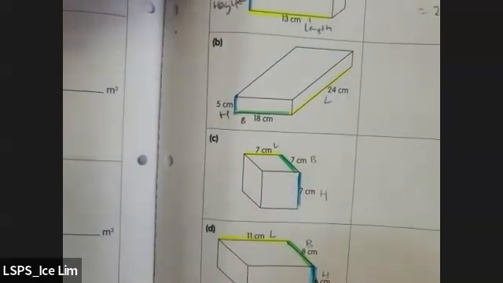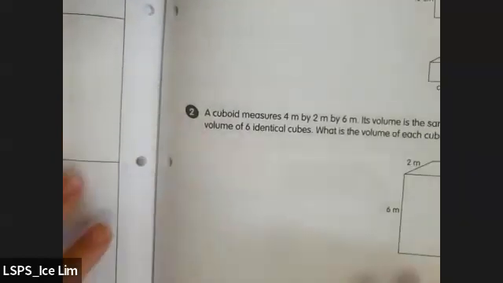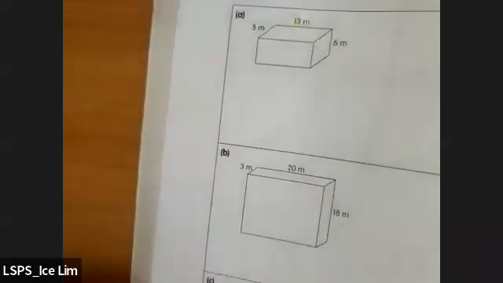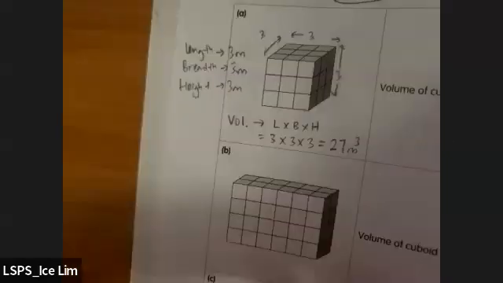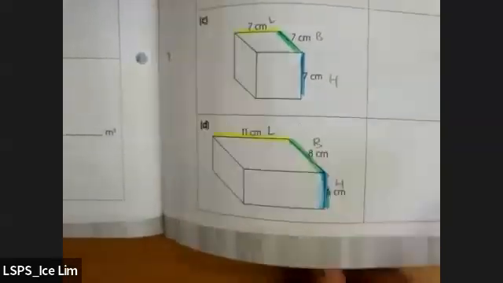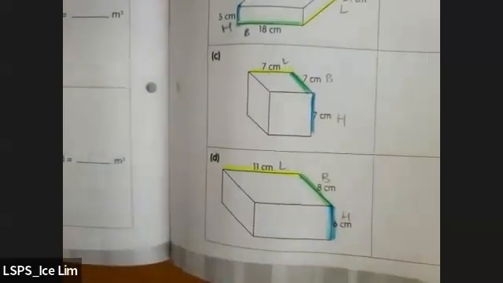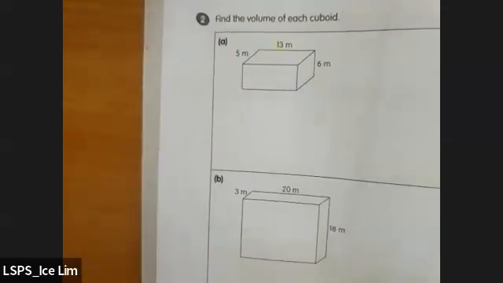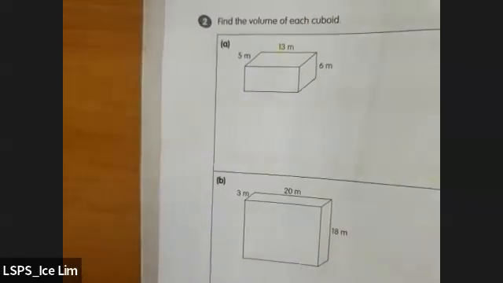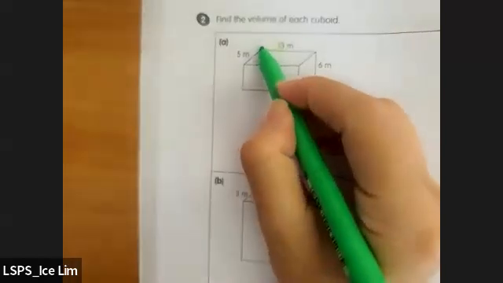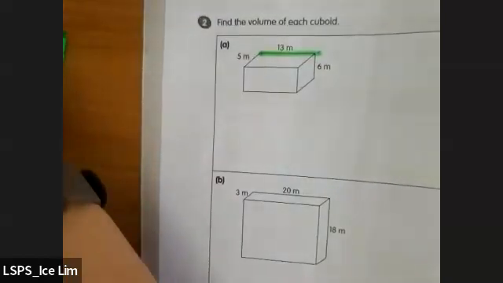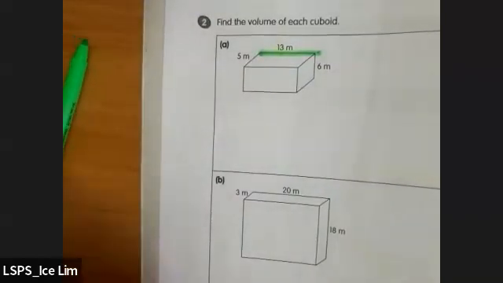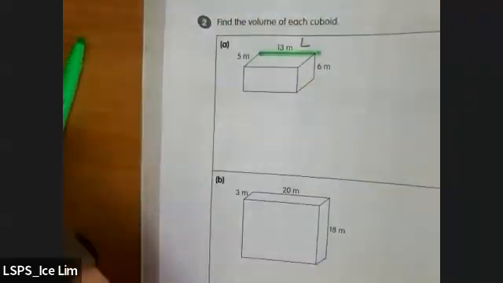Okay, now I'm not going through the answers for any of these questions. Just focusing on length, breadth, height first. So 147, we were talking about this yesterday. Let's run the quick chat again. I really like how Jin Hong and some of you labeled it. You are very clear when you are labeling length and then